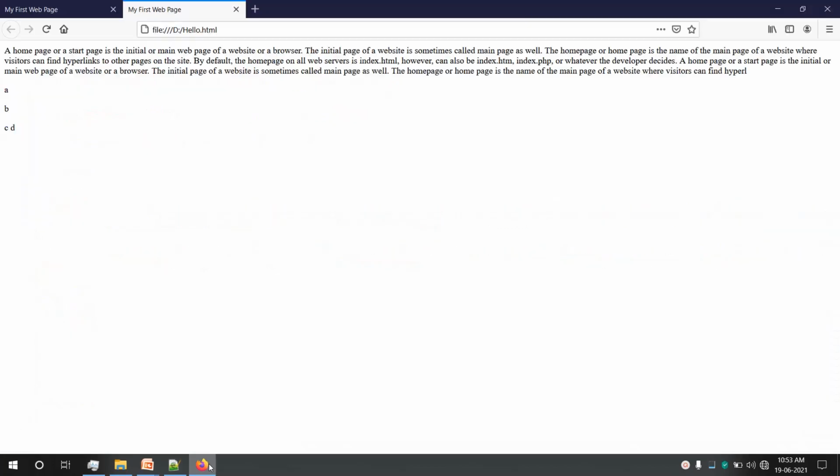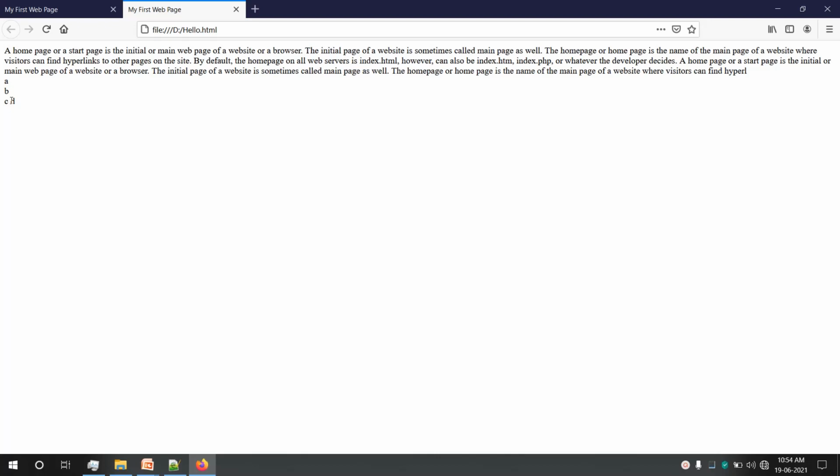Now look at the output. This was the output when I added a paragraph tag. Now once I refresh, again just look at the changes. Now you can see the changes. This is because of the break tag. Because of the break tag, the contents are displayed on the next line, new lines, but there is no blank line in between. But when I used a paragraph, there was a blank line in between. So that is the difference between a paragraph and a break tag.